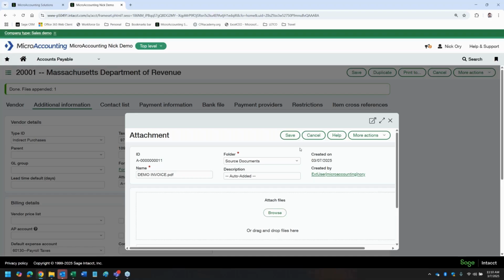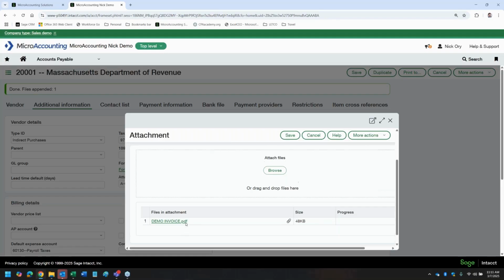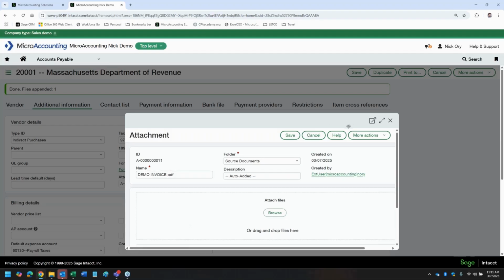Then when you come back, I do recommend setting up the folders, and we'll touch on the folders here in a second, set up the folder for AP bills, if you will. So the system will remember what your last folder used was. So keep that in mind. So we'll do that as a source document, and then you can see all the files attached to this record. You can attach multiple attachments to one record, to one transaction. If you have one bill, you can attach the PDF and the Outlook message saying it was approved, be it from somebody that's not in the system to approve in the workflow. Okay,